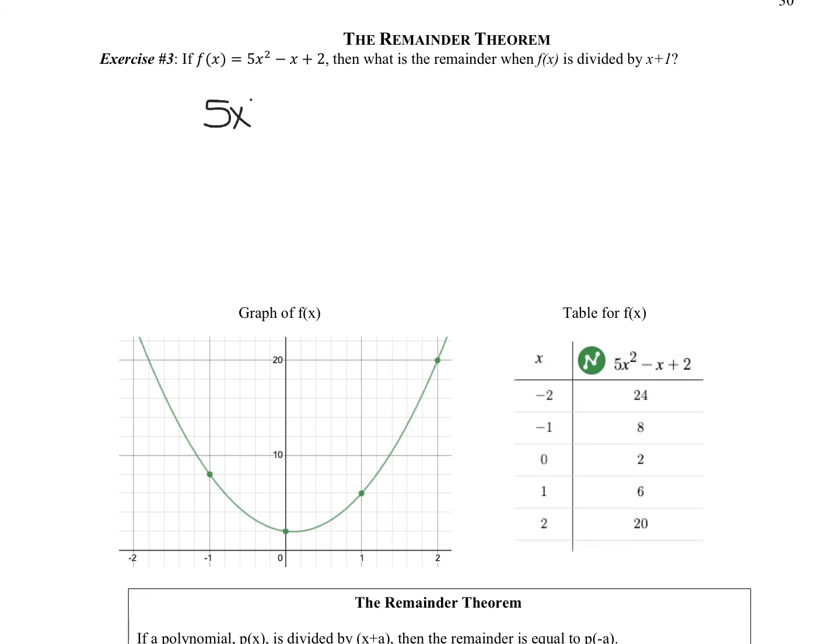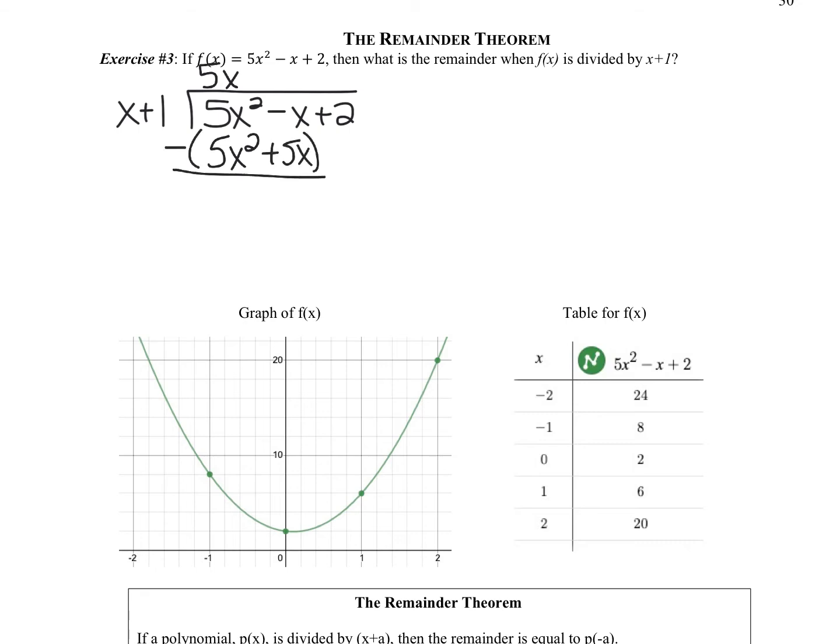So we're going to go through what we would do. Basically, we're not super interested in the answer. We're just interested in the remainder, but we're going to go through the process of polynomial long division. So x goes into 5x squared 5x times, and we multiply it out, so 5x squared plus 5x, and then we subtract. So I have negative 1, this cancels, negative 1x minus 5x is negative 6x,